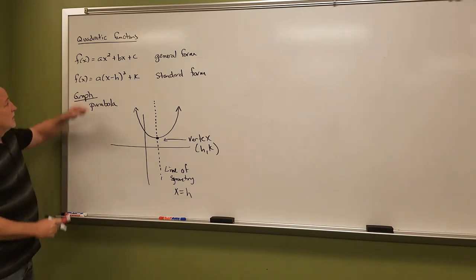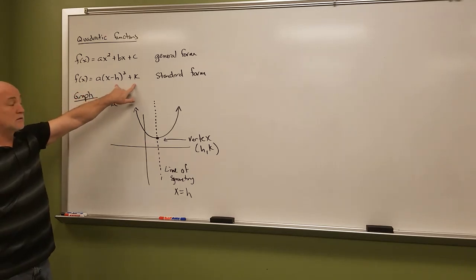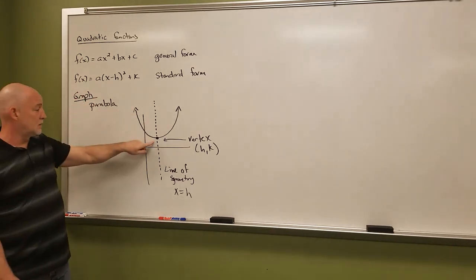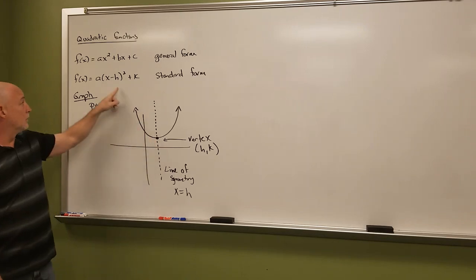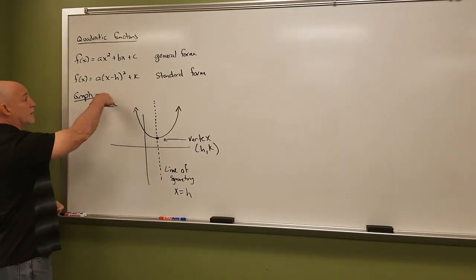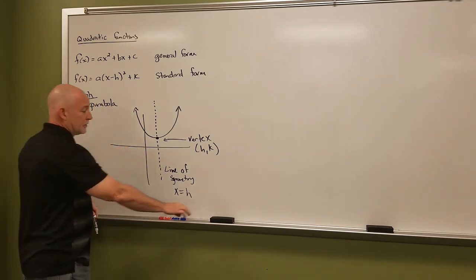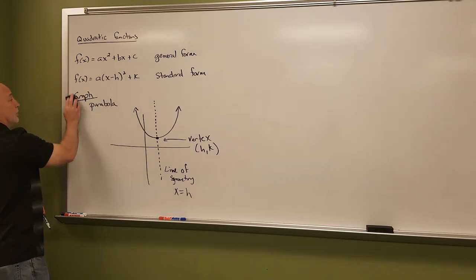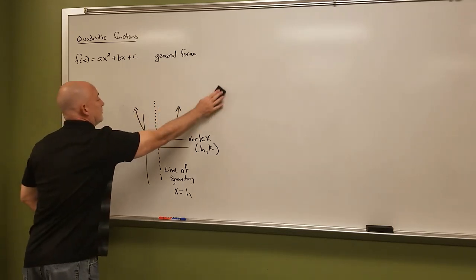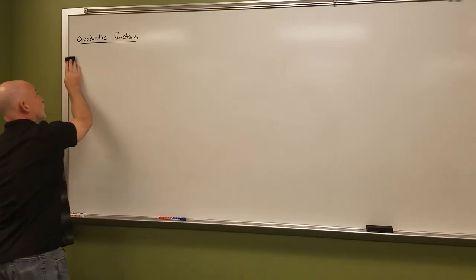So if we can take this from general form, put it in the standard form, we'll be able to look at this directly, see exactly what the vertex is, that bottom point. We'll be able to see exactly what the line of symmetry is, and then it'll make this very easy to graph this parabola. All right, so the first thing we want to take a look at is how do we go from general form to standard form? Well, anytime you see that binomial squared in a formula, you know you're going to have